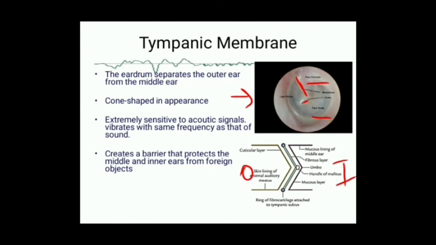If you throw light over the tympanic membrane, a cone of light normally will be produced in the antero-inferior quadrant of the tympanic membrane. In the diagram below, you can see it has 3 layers: externally, towards the outer ear, the skin or cuticular layer, the middle fibrous layer, and the inner mucous membrane.